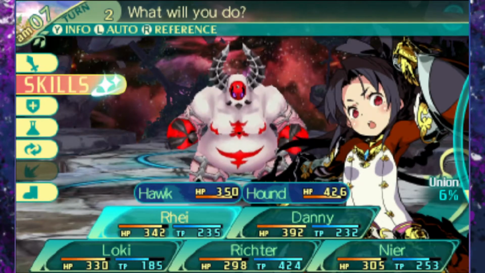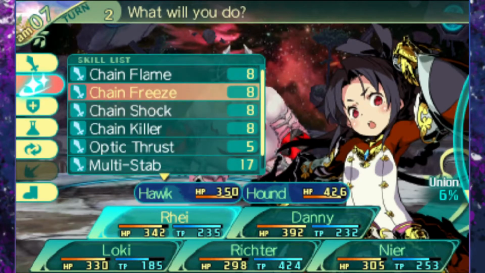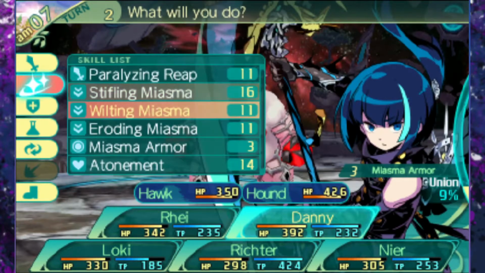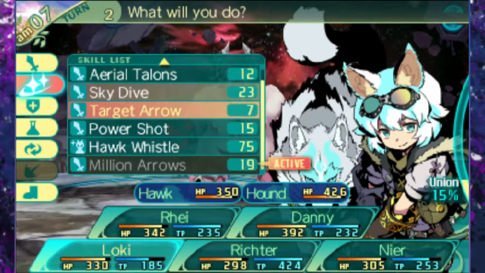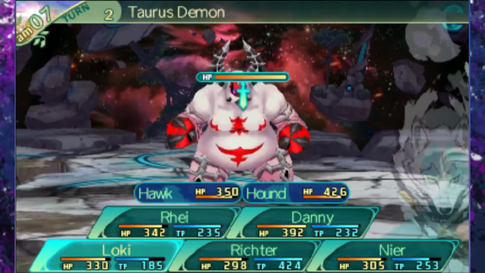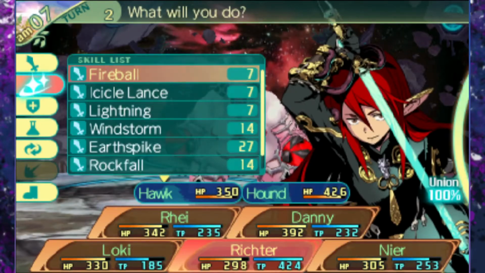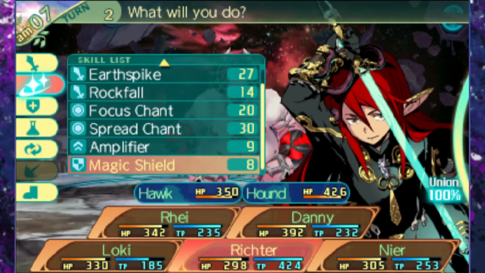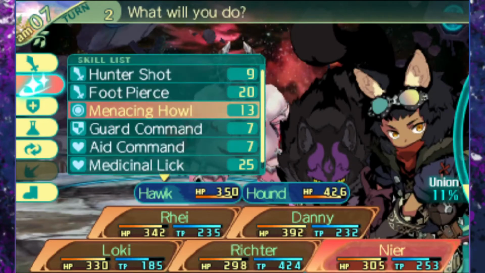Back to the front. Wait, element weakness? Nothing. Oh yeah. Okay, fire. Wilting. We are also going to use Ice Pack. Of course, leave it Chain to me. Blast my turn. Weaken him and maybe stop him if we are lucky enough. Spread Chance, Fireball, and of course...